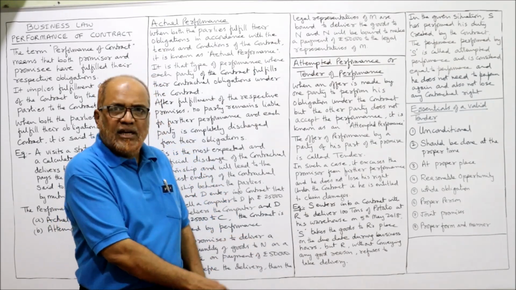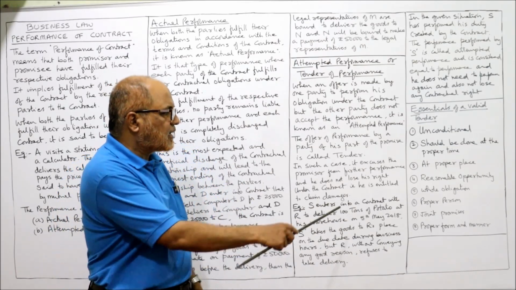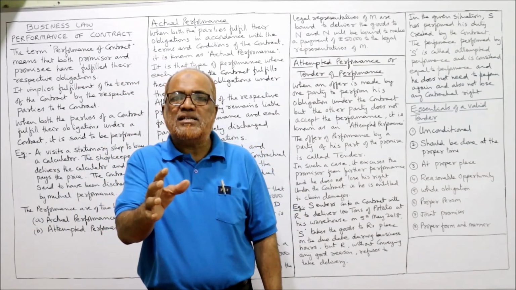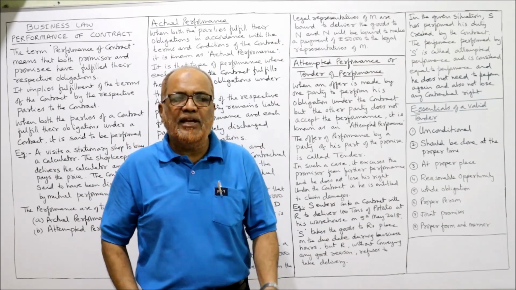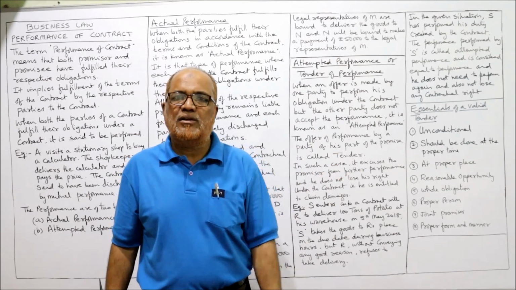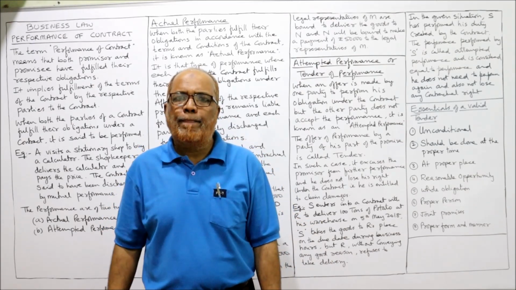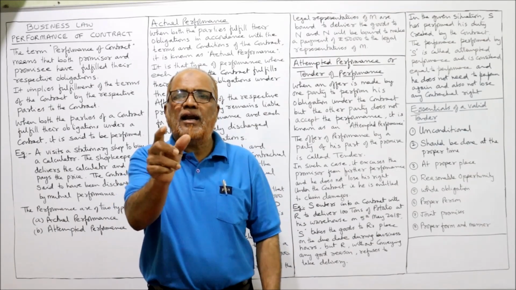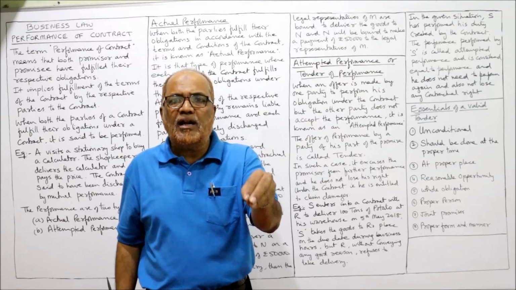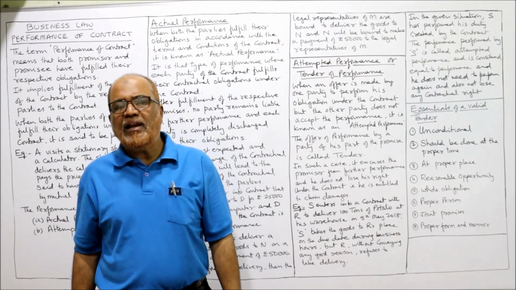For example, in the given example, S enters into a contract with R to supply 100 tons of potatoes. Now, at the time of delivery, at the time of completing the performance, S is supplying only 80 tons instead of 100. R will refuse it. R will not accept it because you are putting a condition. Earlier the agreement was that 100 tons of potatoes would be supplied by S to R. Now S is supplying only 80 tons. There is a condition attached. So the tender will not be valid.